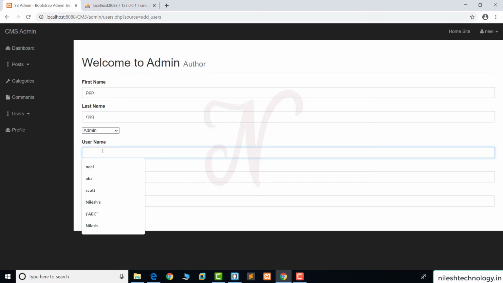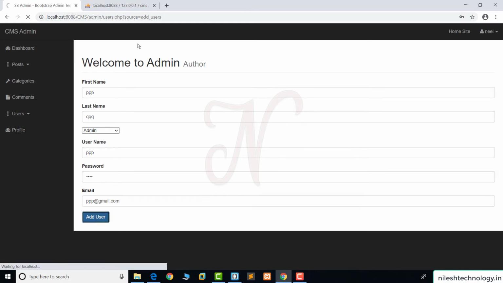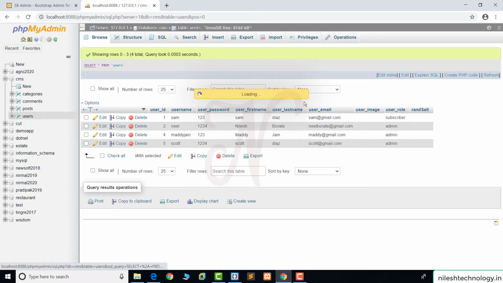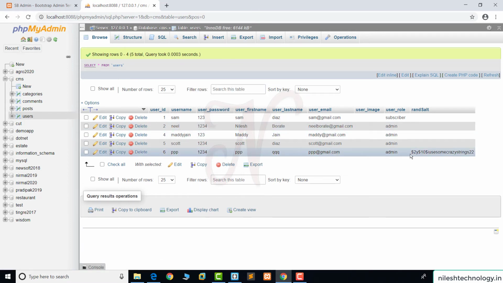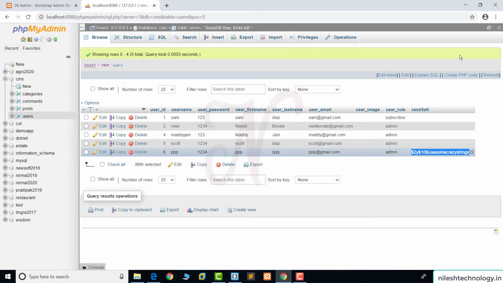Username is PPP, password 1234, ppp@gmail.com. Add user. Now check here, refresh this user table. See, this is my default random salt string, which has been successfully inserted into the database table.